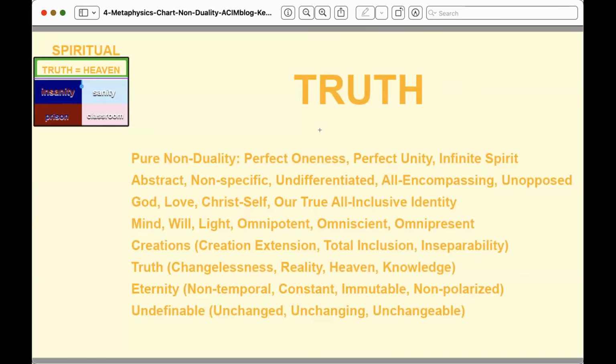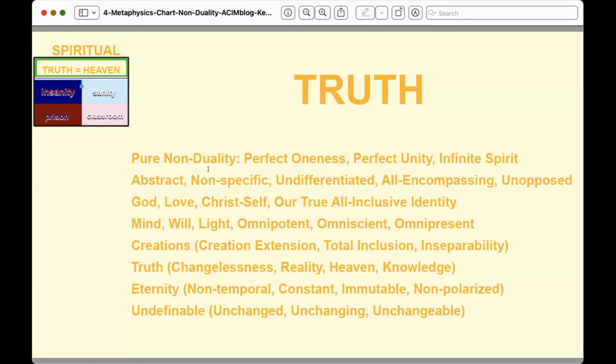So I just made a list of things that I think are really the inspiration behind this. And as Ken Wapnick points out, all these things are really not what the course is about directly, because in order to get back to these, which is our real nature, we have to undo the blocks that we've put in. That's why there's so much emphasis on looking at the insanity and the prison that the ego has made by the dualistic thought system.